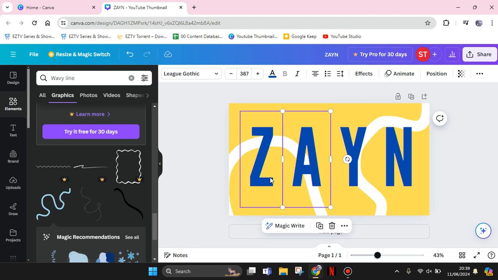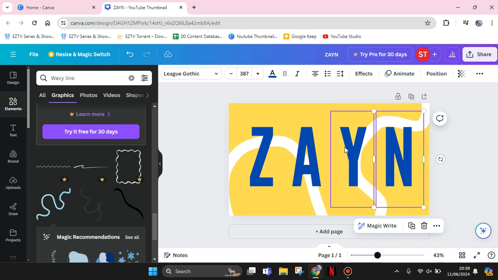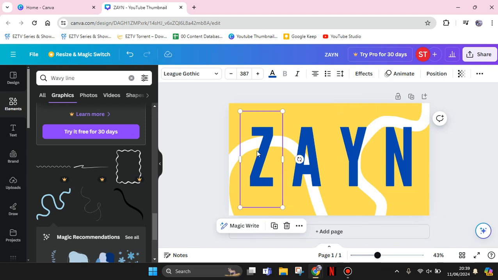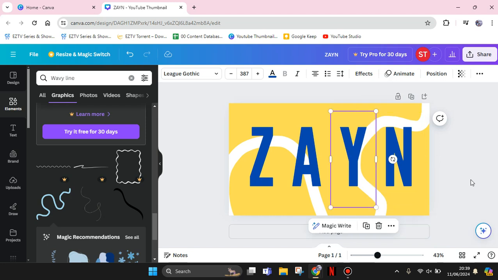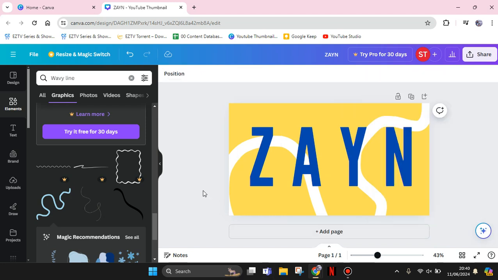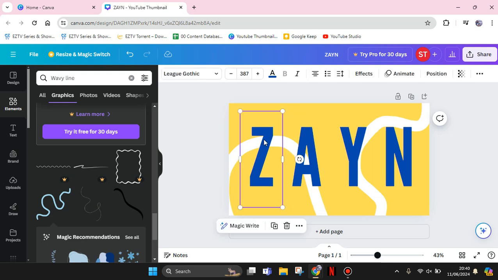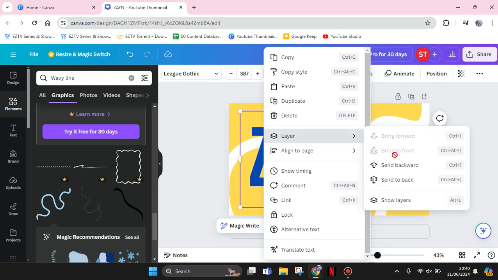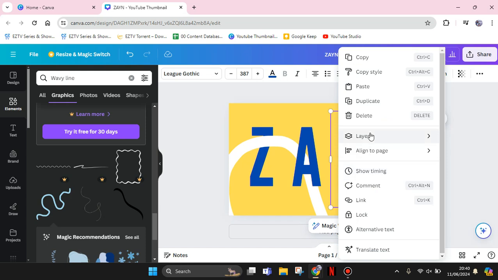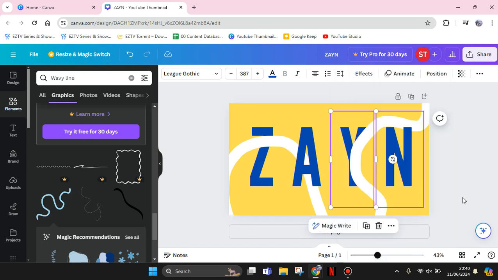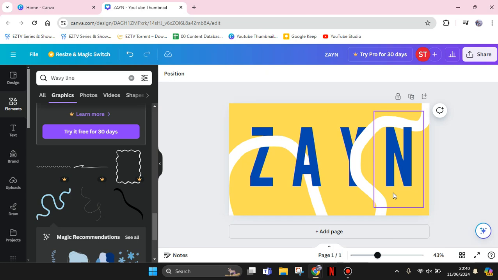Okay, so I forgot to tell you that you need to add text on different characters like this. You need to add it one by one, letter by letter like this. And now you can just adjust which letter is on the back or the front. So I'm going to make the first and third letter in the back, so I'm going to click send to back, and also the third letter like this. And after this,